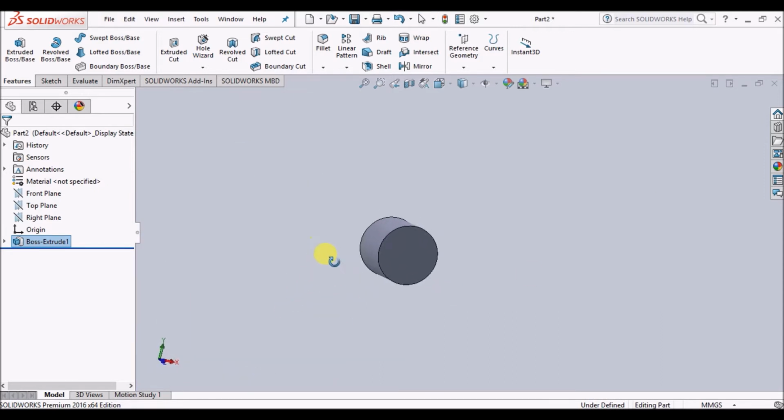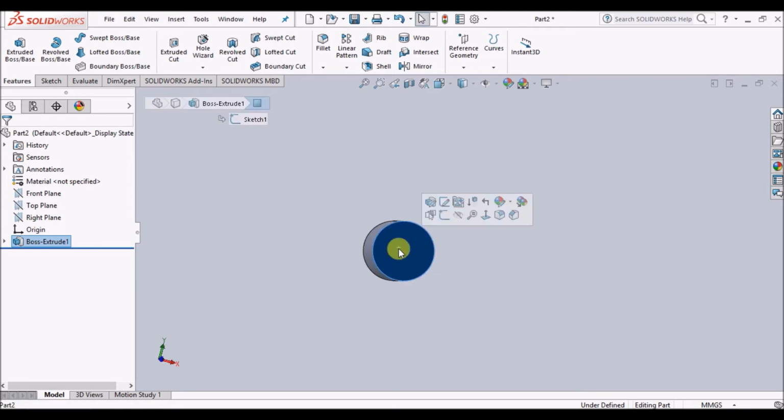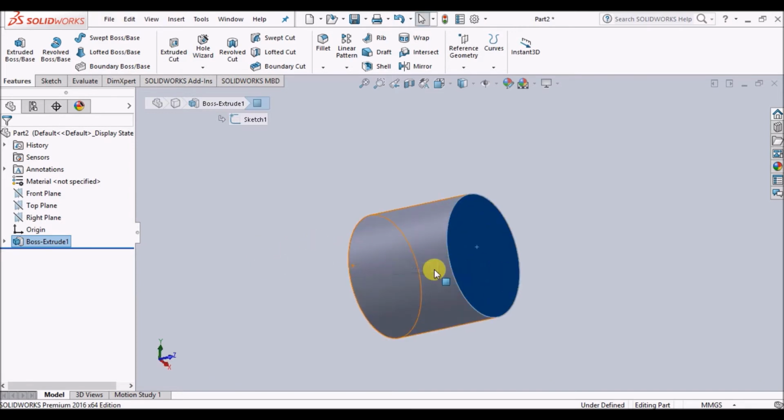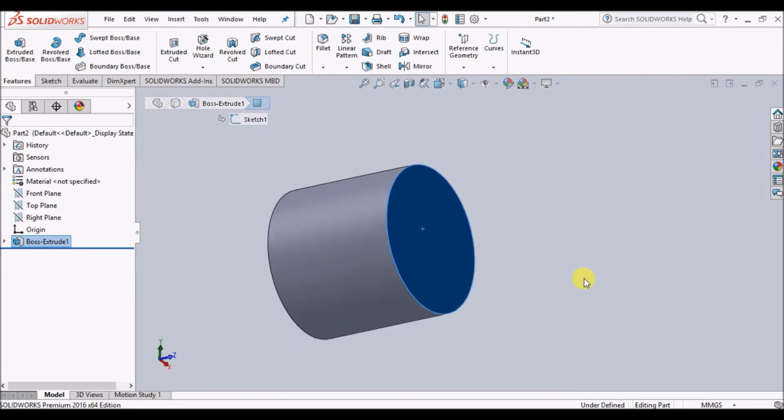Now see, if you want to make some hole on this surface, then it is very easy guys. You just have to go to the extruded cut. But what about this surface? It's a bit tricky, I would say. For the beginners it's a bit tricky, but we have this hole wizard here which we can use